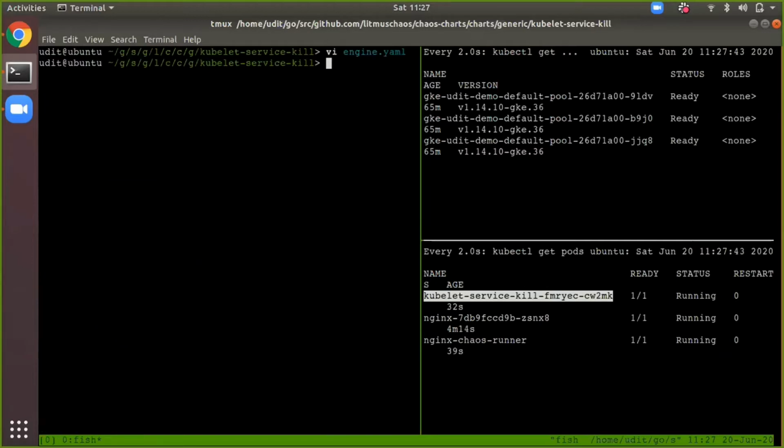It will check on which node the application is running, go to the node and kill the kubelet service for 90 seconds. It is a good way to test how your application performs in such a situation and how it recovers. Until then, your application pod is not accessible. So for a larger chaos duration, these tests can be performed over your application.